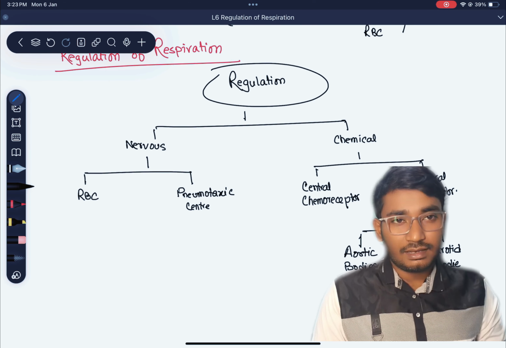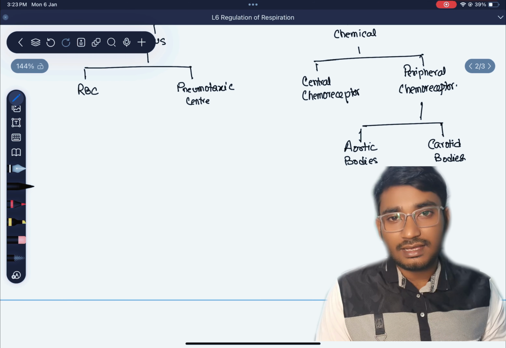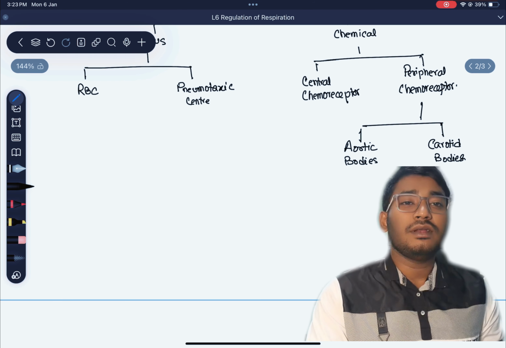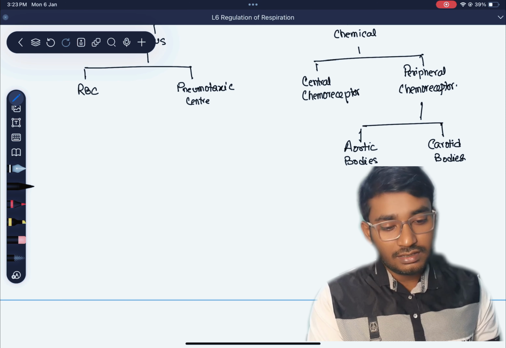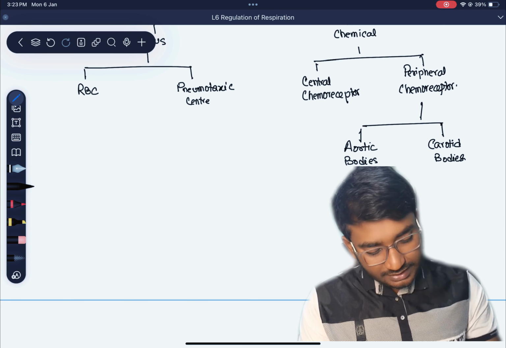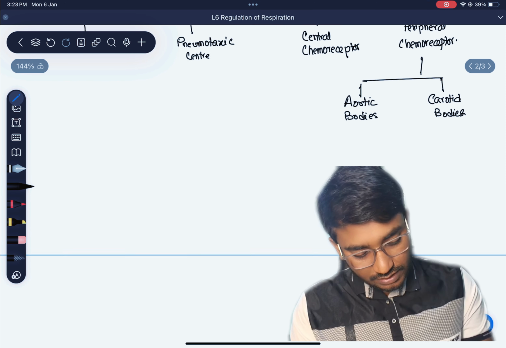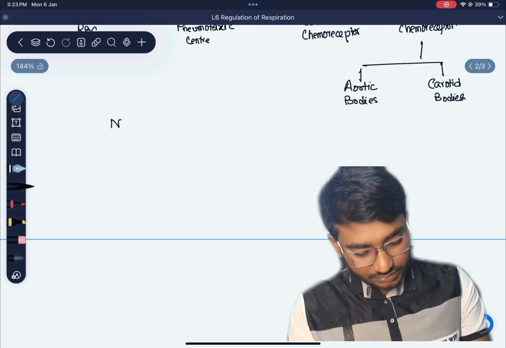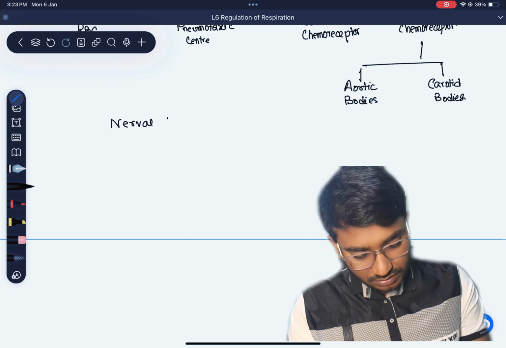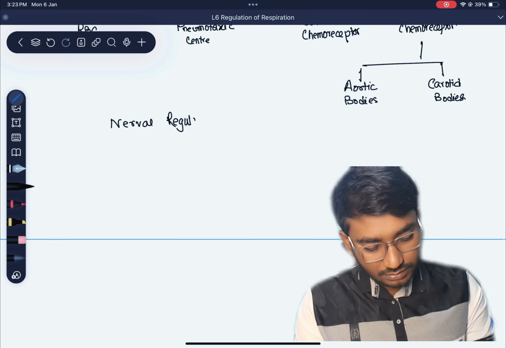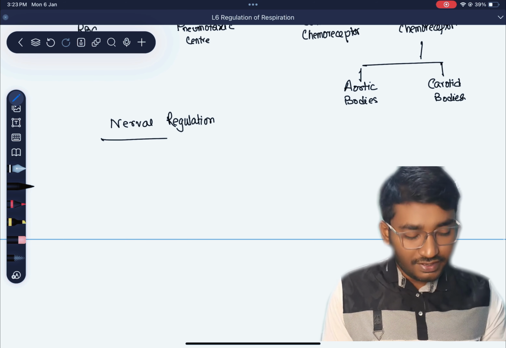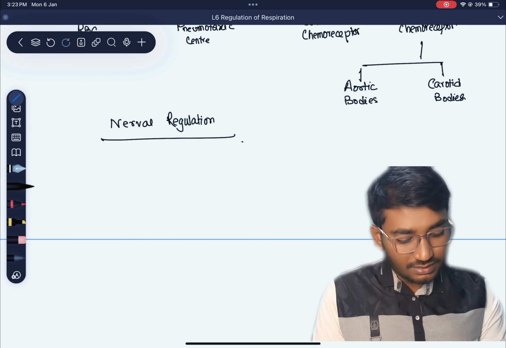Okay, the chemoreceptors are the aortic bodies and the carotid bodies. Now, regulation of respiration, the nerval regulation. Okay, let us discuss the nerval regulation. So, what is the nerval regulation? Nerval regulation is regulated by RBC,